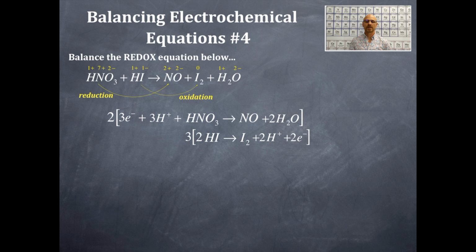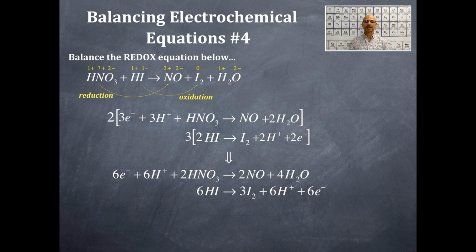and then I'll be able to add up the equations. So what we're going to do now is distribute that 2 on the reduction half reaction, distribute the 3 on the oxidation half reaction, and I'm going to get the following for the reduction half reaction. So I have 6 electrons, 6 hydrogen ions, 2 nitric acids, 2 nitrogen monoxides, and 4 waters. Okay, that is my reduction half reaction. My oxidation half reaction, I got 6 hydrogen iodides gives me 3 iodine molecules and 6 hydrogen ions and 6